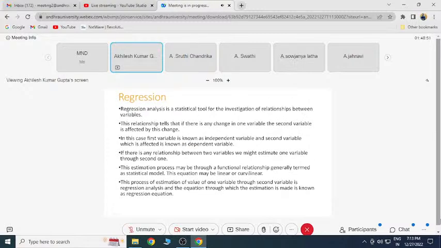And one further topic is the regression. In correlation, we just study the relationship between two variables: whether it is positive or negative, strong or moderate or weak. But in regression, we study the exact relationship, how the y variable is changing with the change in the x variable. As I told, in regression and correlation, we have two variables, x and y. Y is generally called the dependent variable, x the independent variable. So in regression, we get the exact relationship between x and y.